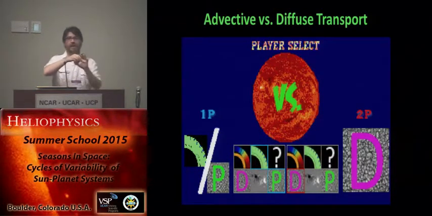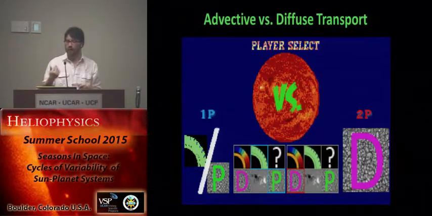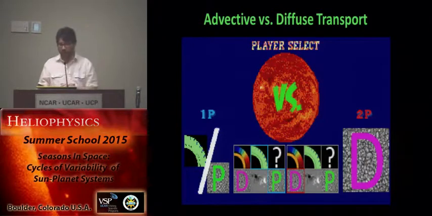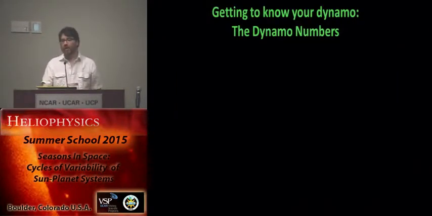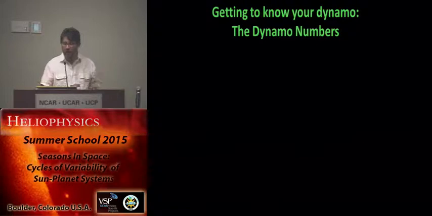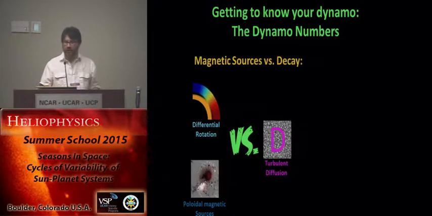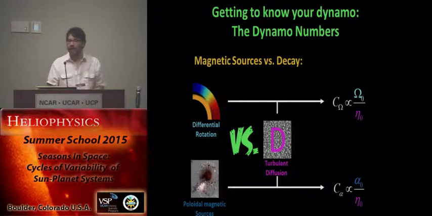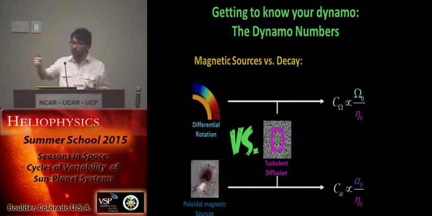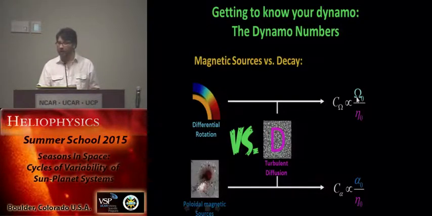So this turbulent pumping, the fact that you have asymmetry between upflows and downflows, is moving things around, and meridional flow is also moving things around. So basically, the way we quantify these fights and who is going to win is using what we call dimensionless dynamo numbers, right? Dynamo numbers are basically what characterizes the fight between sources and decay, and you can have two. One is proportional to the strength of your differential rotation, normally denoted by omega,